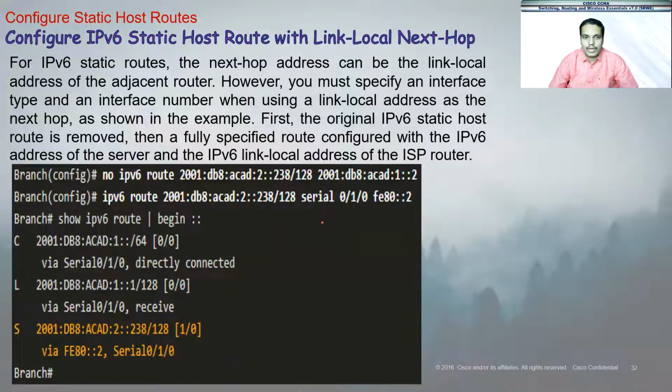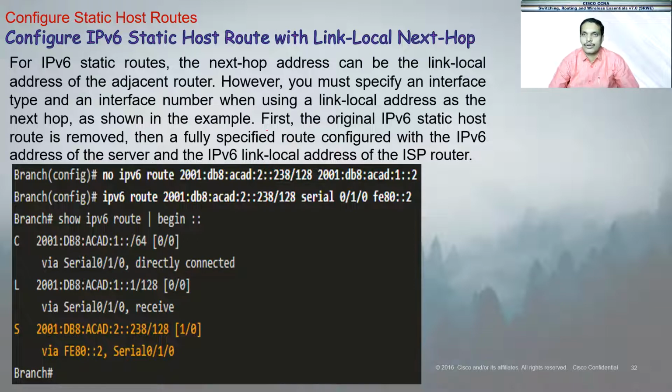So even if there is another entry for the server also, this will always be preferred. Now we come to IPv6. Once again, with IPv6 and the link local addresses, as I just explained in the earlier slides, if we want to mention a fully specified static route for the next hop, you need to do this. You must specify the original IP, in case you want to configure an IPv6 static host route with a link local address for the next hop. If I don't want to give the complete IPv6 address, and I only want to give the link local address,